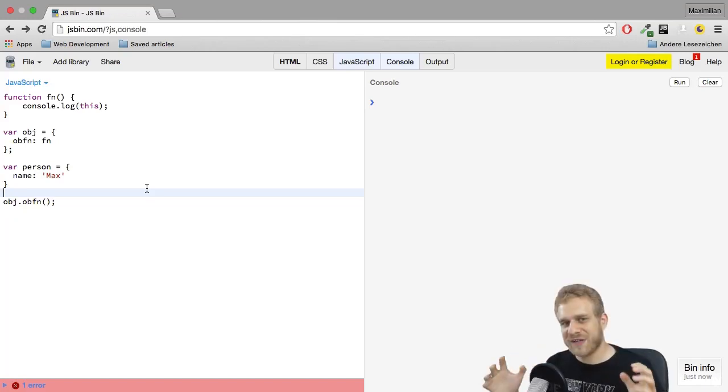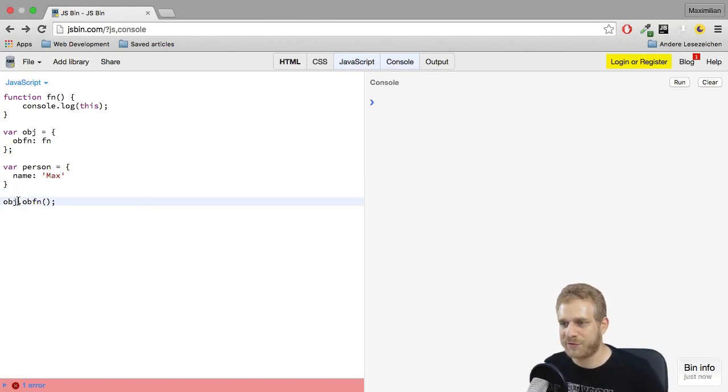So that's why this can be tricky, but it's not that tricky if you follow that key rule. It refers to whatever calls this function, so the part on the left of the dot. You know how to bind a different value to this, but what you probably ask yourself, if I bind person